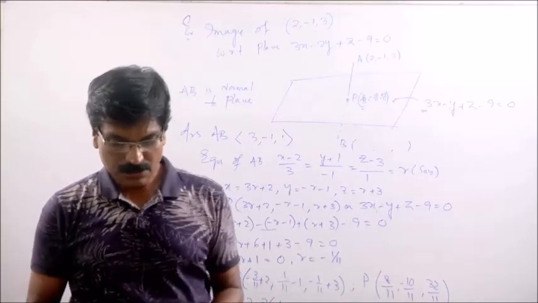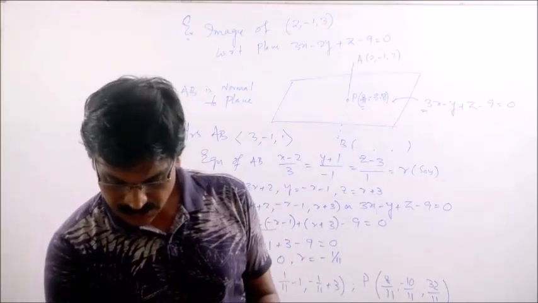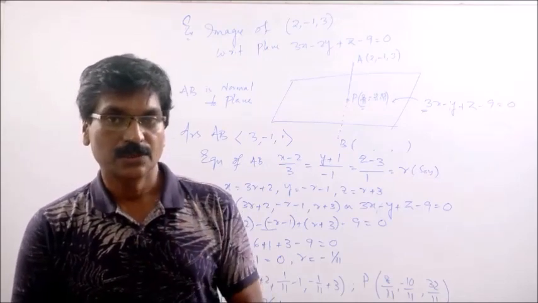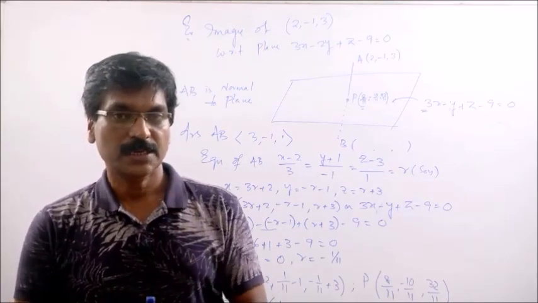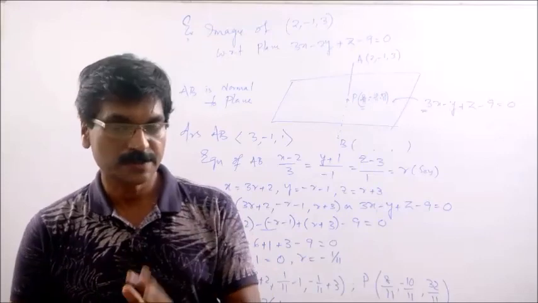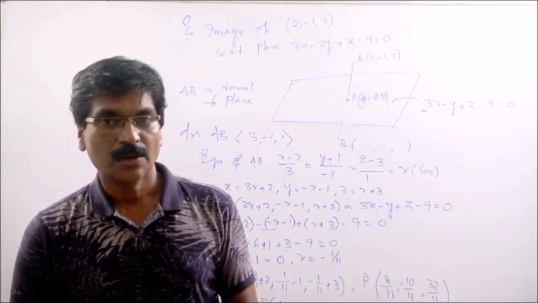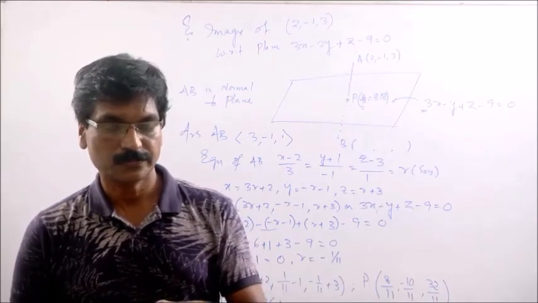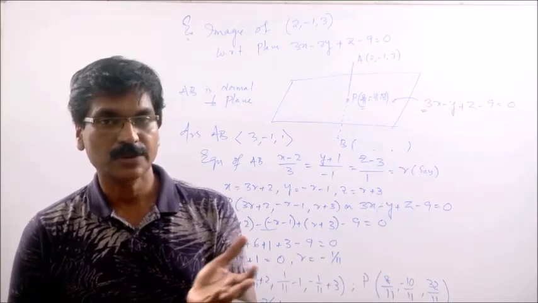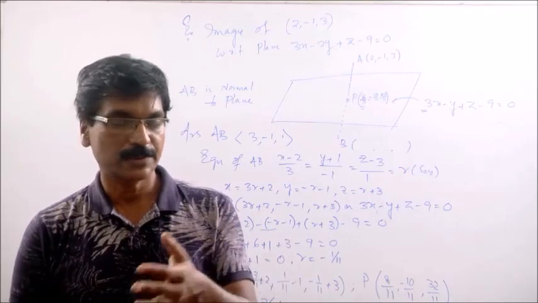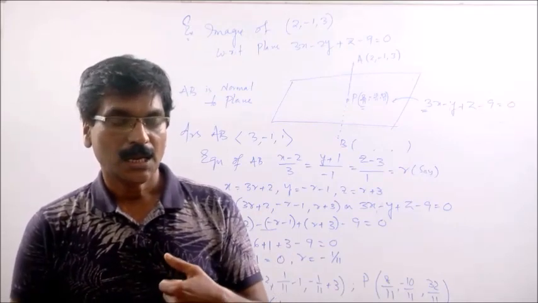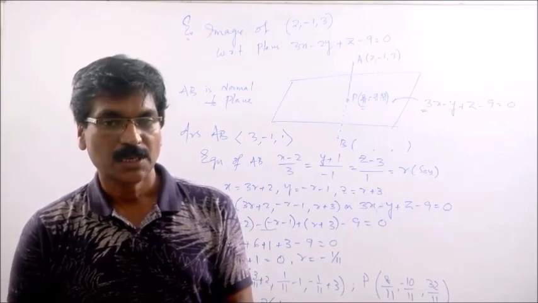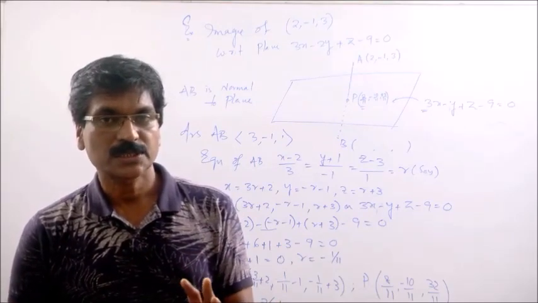So, this is all about straight line. So, we have read equation of straight line in symmetric and unsymmetric form, and both vector and Cartesian form of straight line, angle between two lines, angle between line and a plane, and condition of coplanarity of two planes, and shortest distance between